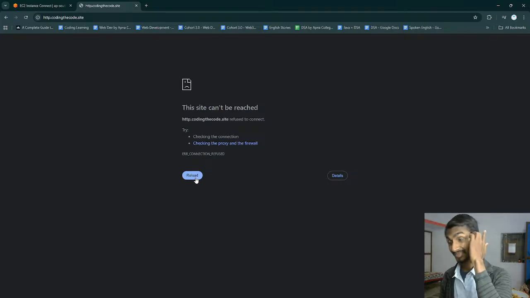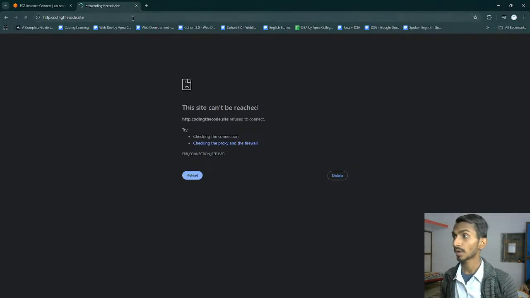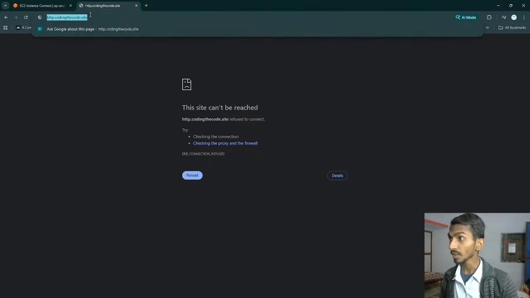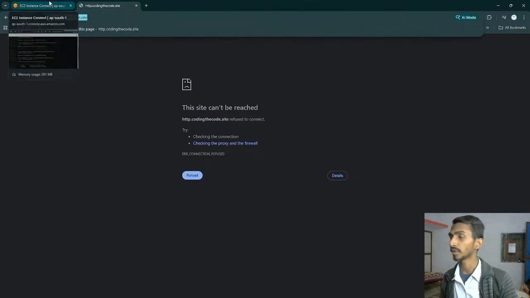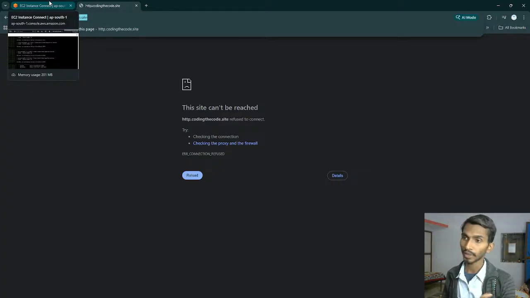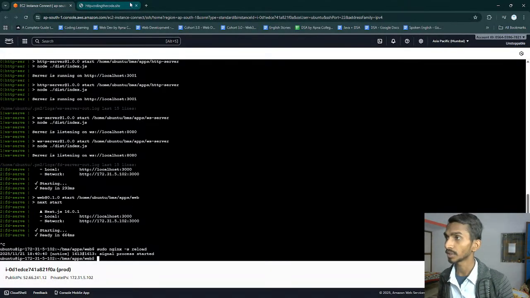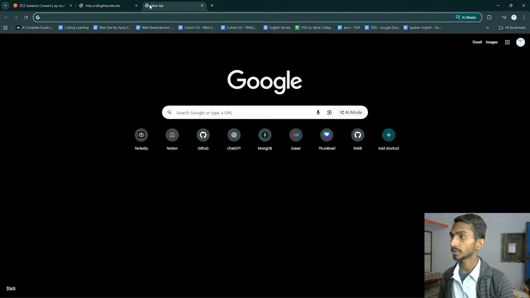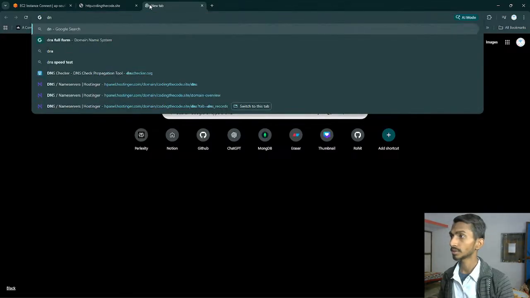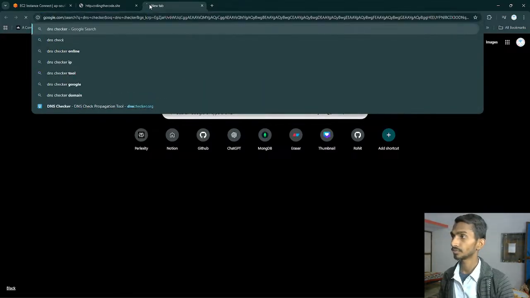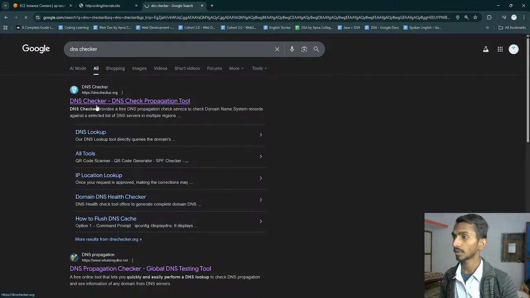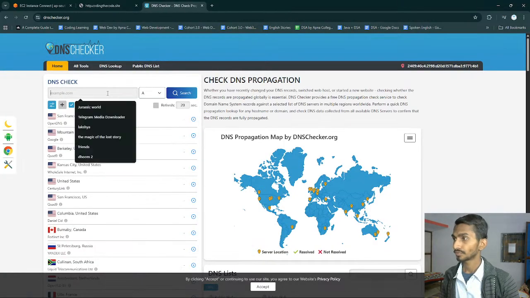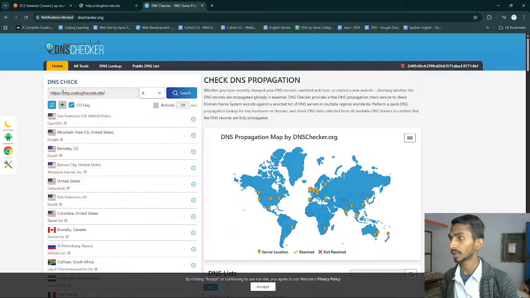The thing is that this hosting takes some time to get the URL working. Ultimately the URL references an IP address, and it takes some time to get that done. We can check DNS checker. http.coding.code.